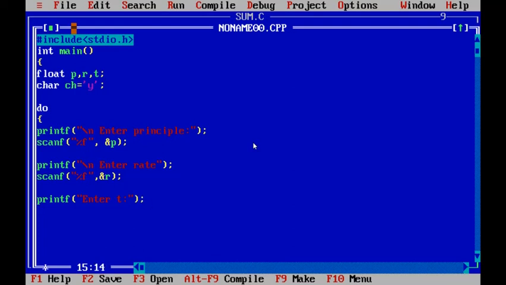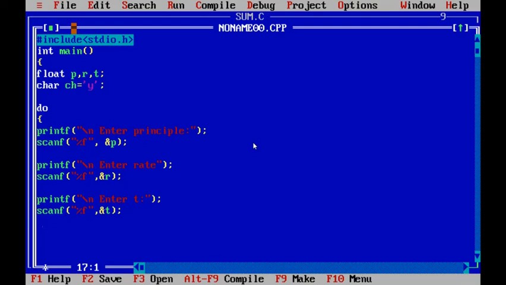Here we use \n and scanf, percentage f, comma address of t semicolon.